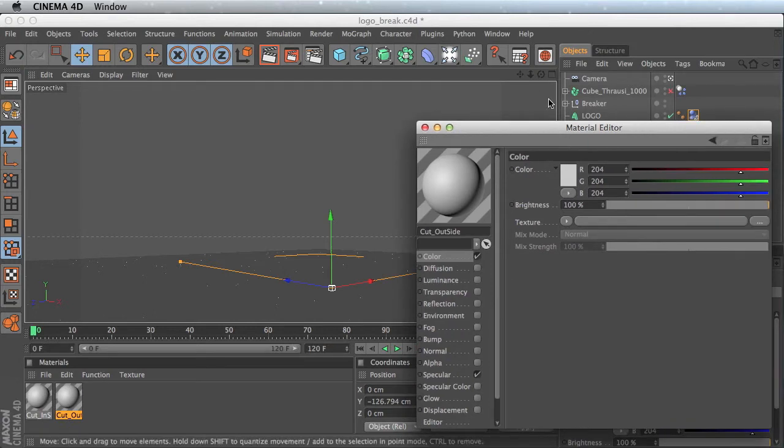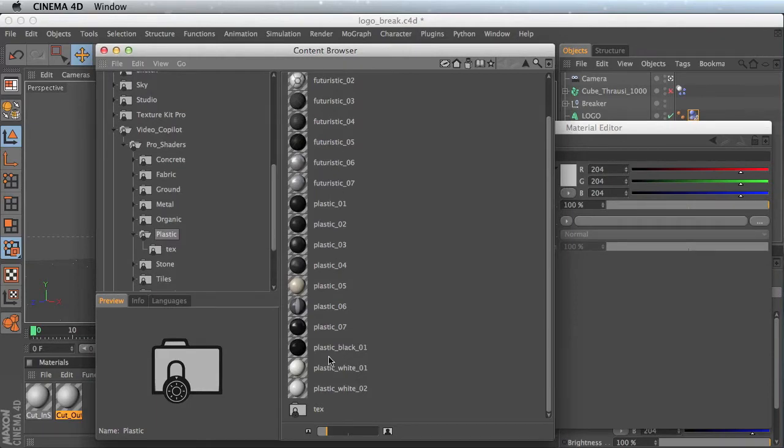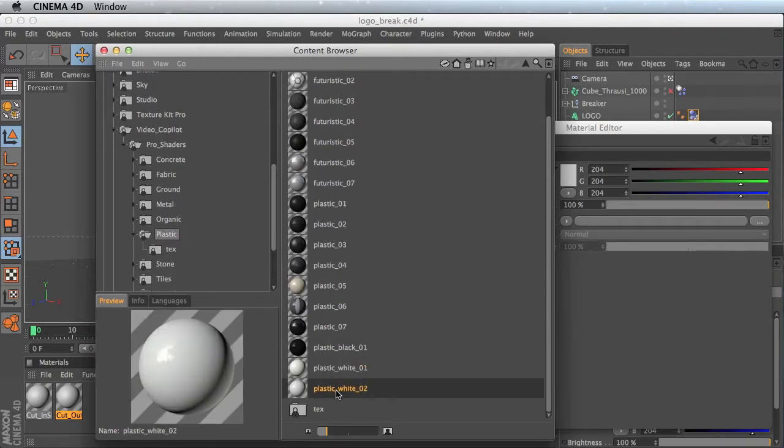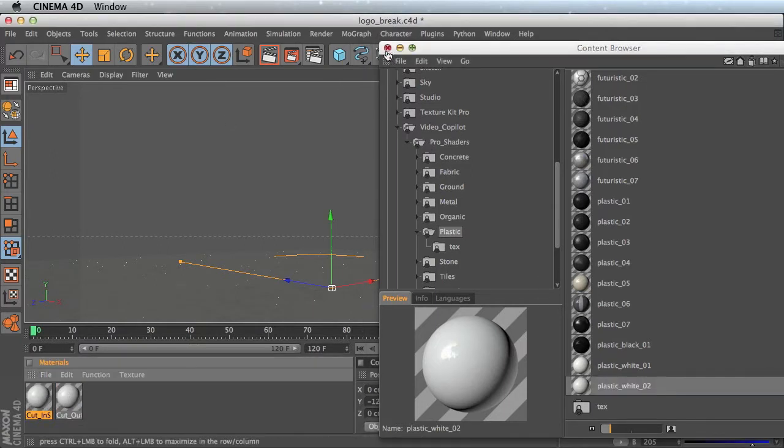I'm going to go ahead and make this the surface here. If we go into our content browser, I've got so many great shaders here. Video Copilot has a bunch of great ones. White plastic. There's a nice smooth white plastic. And I'm just going to put that on the outside one. And I'm going to actually copy that onto the cut inside. And then we'll come here into the cut inside,